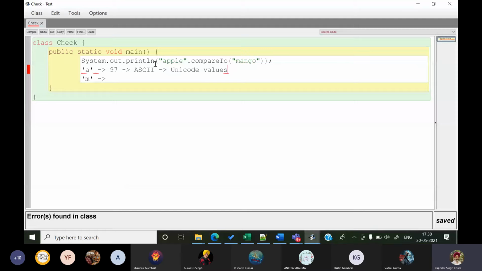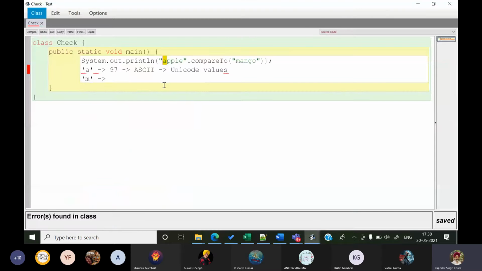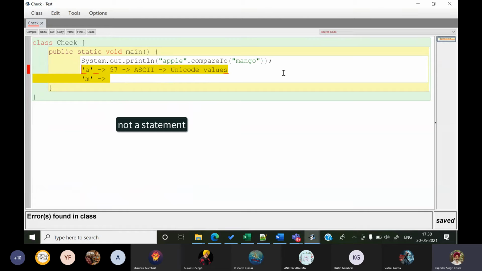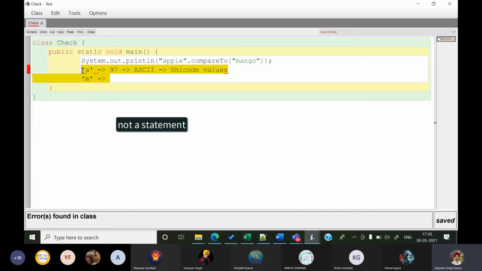Okay, so when compareTo works, it actually sees which character is different. Our first character is different. So what will it do? It takes the value of A, which is 97, and the value of M, which is I think 109. So it subtracts them, and whatever is the result, it will give that. So 97 minus 109 is minus 12. That is what it gives. Right?